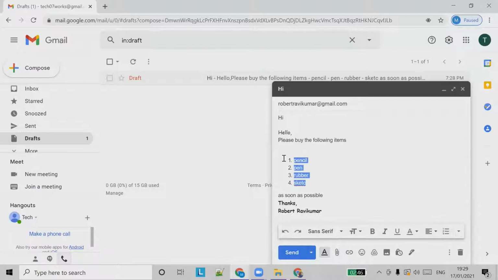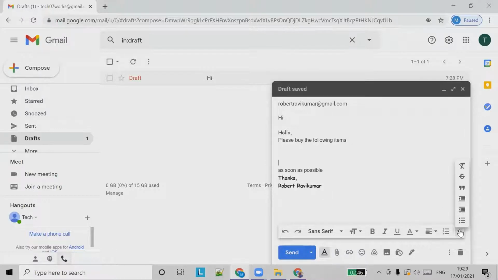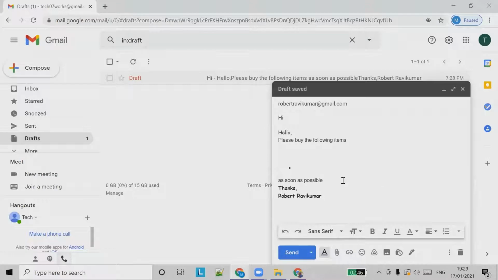Instead of that, I don't want numbers. Let's say I want bullets. So you can choose from bullets here. So bulleted list. We can choose pencil, pen, same thing. Once you type it, you can press enter to move to the next line.